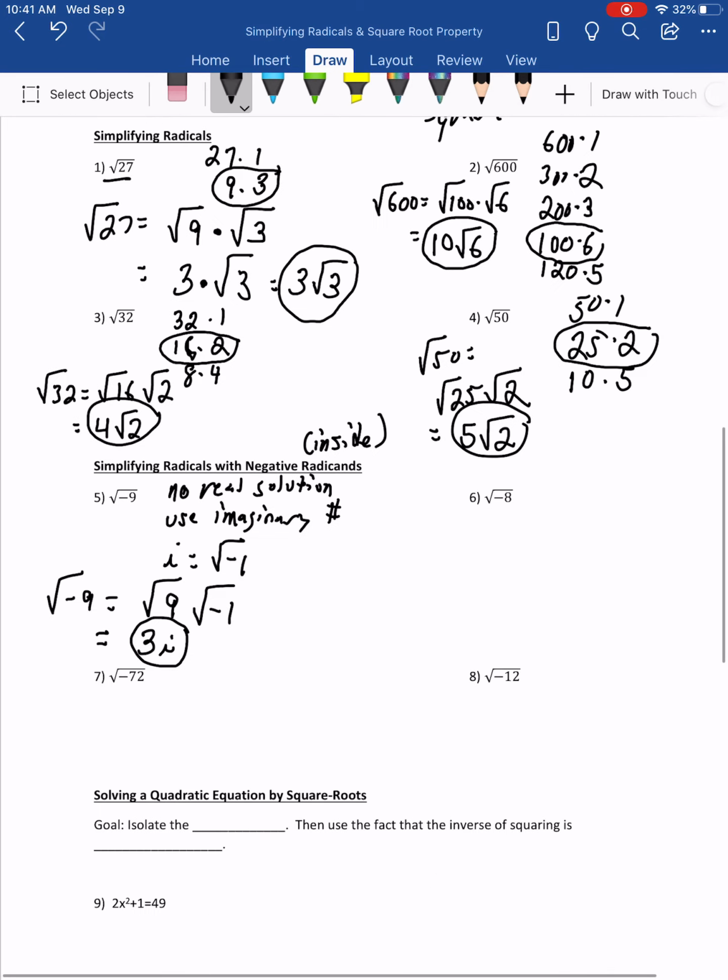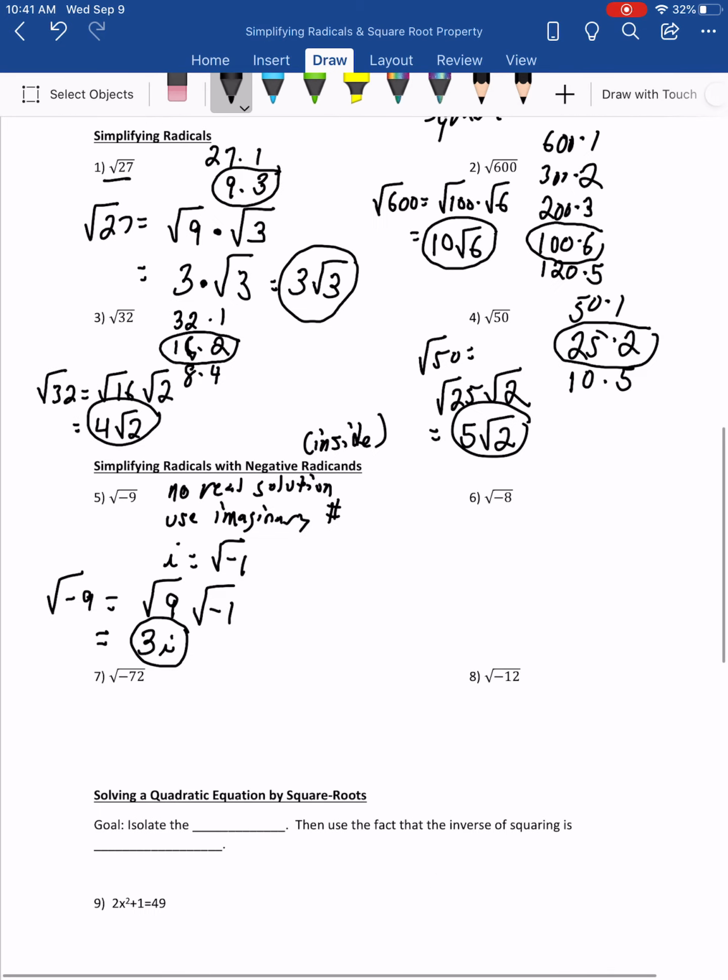2x squared plus 1 equals 49. All right, I want to isolate that x squared. So in order to do so, of course, we're going to subtract 1 from each side first. So 2x squared equals 48. We'll divide each side by 2. So x squared equals 24. And then we will take the square root